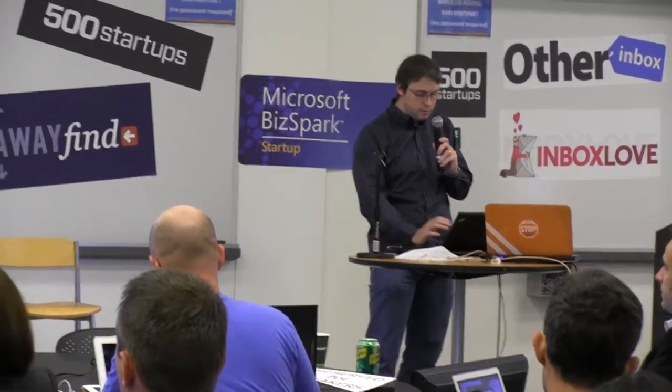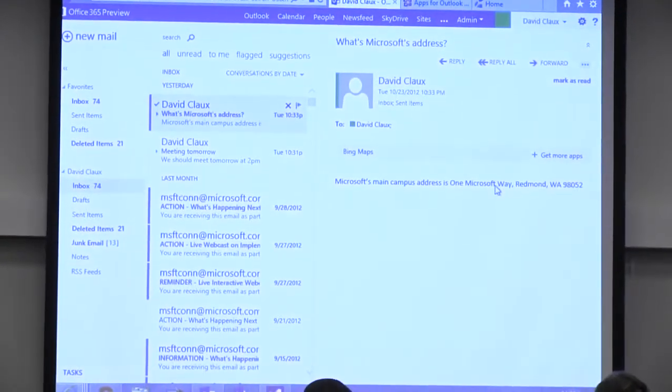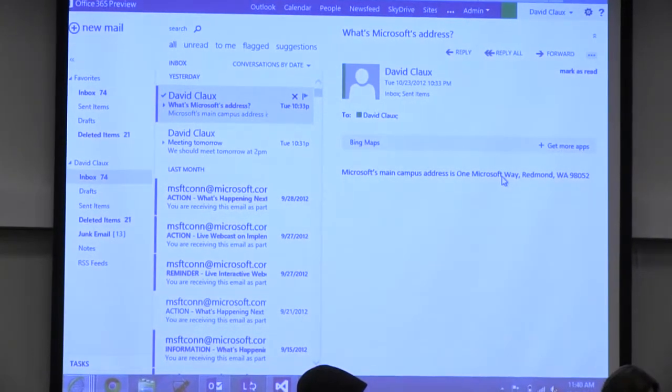And that's a completely contextual model, which means that those agaves, those apps, can only be shown when they're relevant, as opposed to always being shown, even when they're absolutely useless. So I have two examples here for you of agaves apps that ship out of the box with Exchange. The first one is the Bing Maps one. So it's a very simple scenario. You have that email here that contains an address. It's the Microsoft campus address.